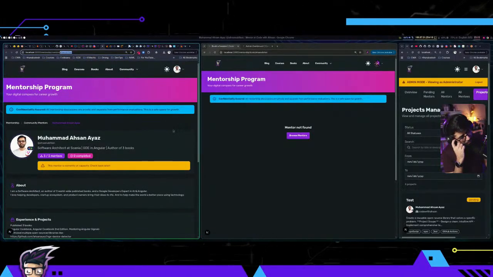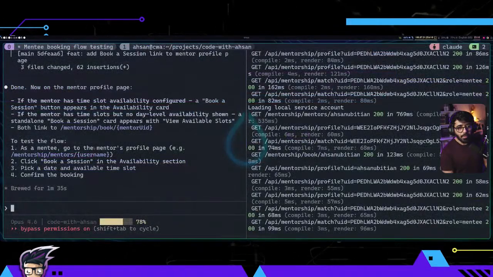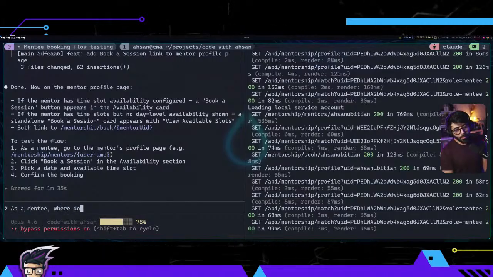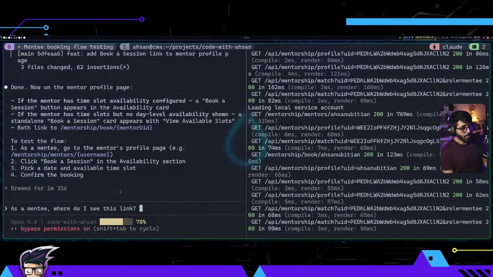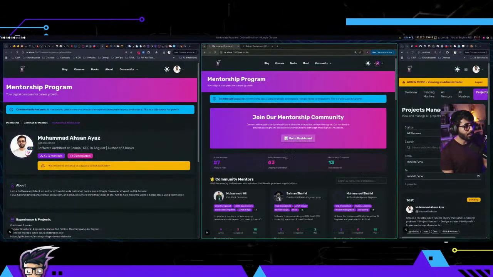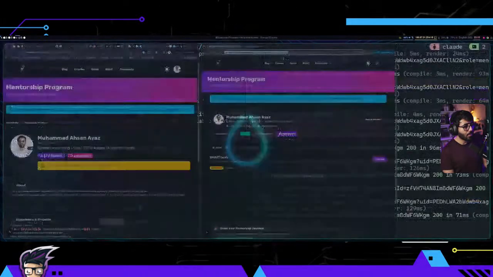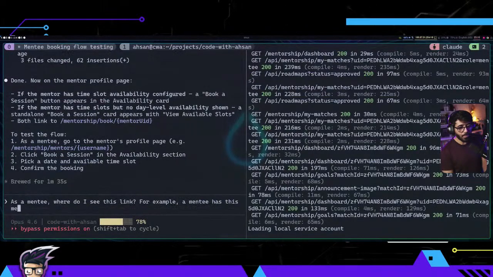Okay. I also had to merge the username with the Discord username, but anyways, so if the mentor has a time slot, that's good. As a mentee, where do I see this link? So let me also share context with it. For example, we go to matches and then this. For example, a mentee has this mentor,